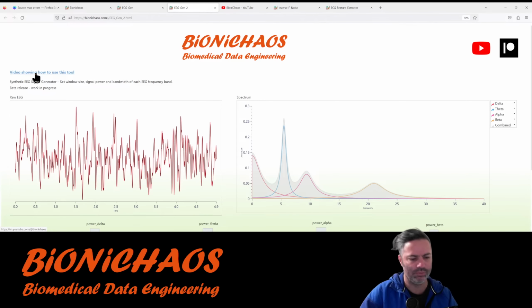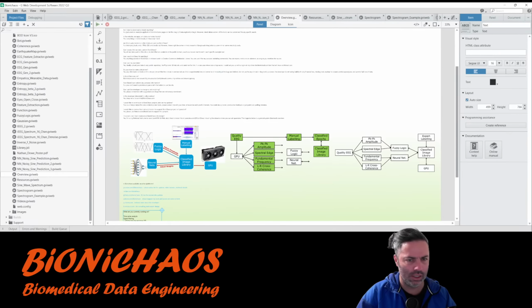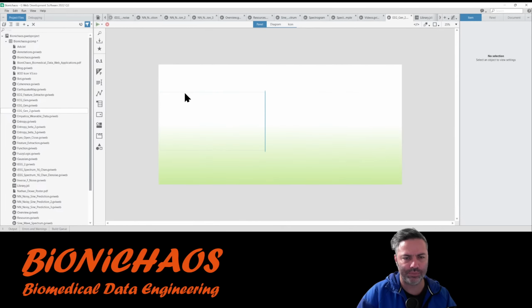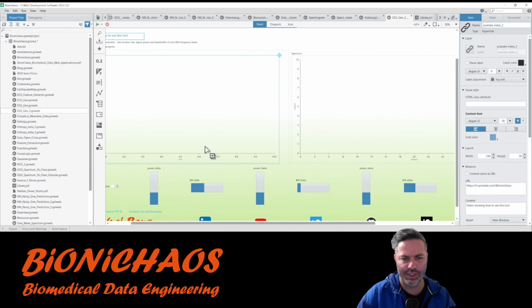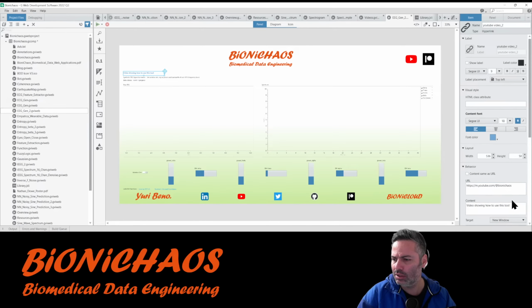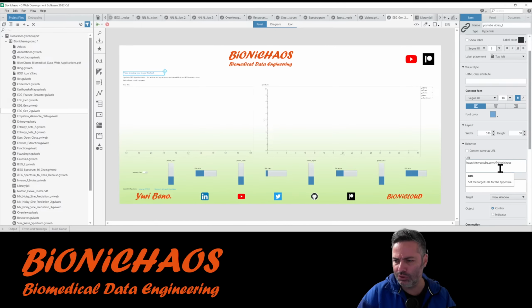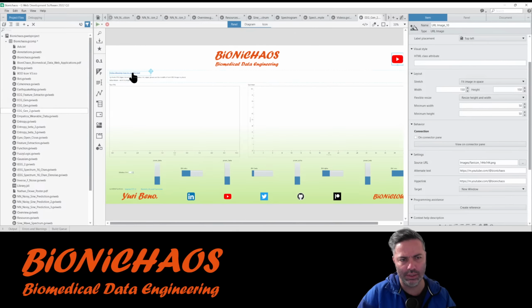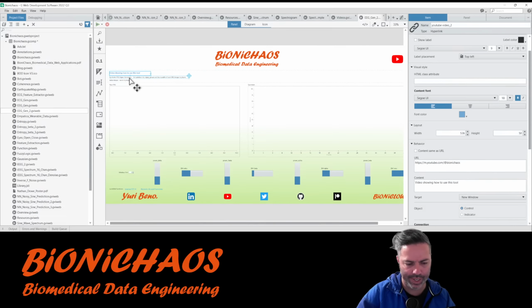It's not a video showing how this tool works. Can actually remove it. Where is it? EEG Gen 2. Can remove it straight away. Yeah, it just goes to the YouTube channel. It would be the same link as this one. It can go away.